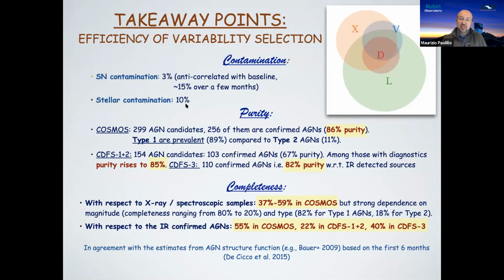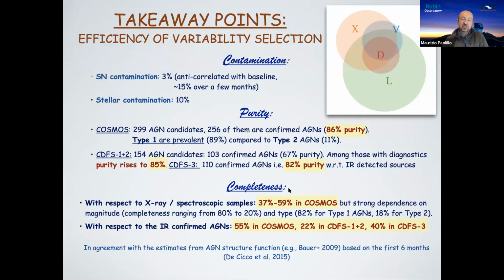But in particular, you will get extremely pure samples, more than 80% purity in whatever field we looked at of AGN. So the contamination is relatively small and can definitely be improved, including colors and including a better assessment of the properties of the variability of the light curve, like assessing the presence of periodicities and so on. In terms of completeness, we're not doing so well because you are between 40 and 60% complete